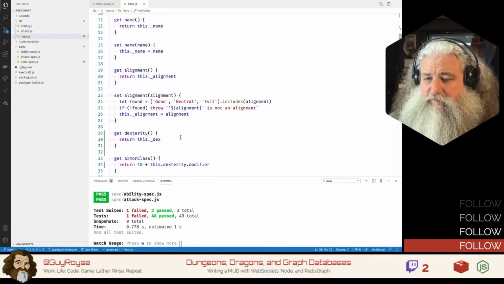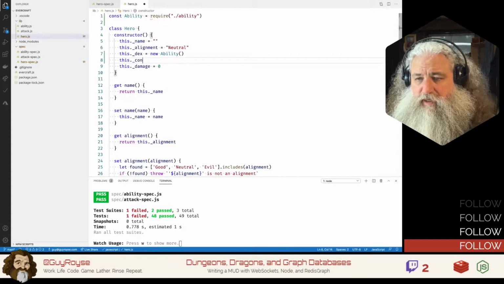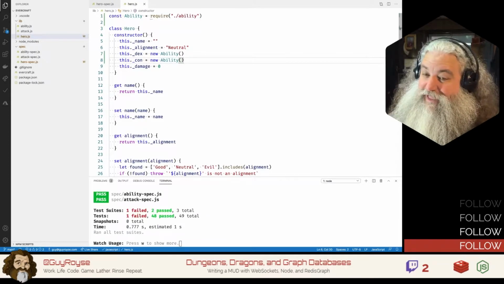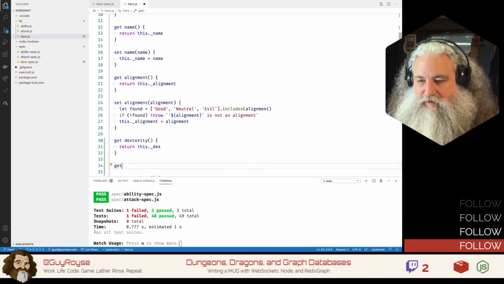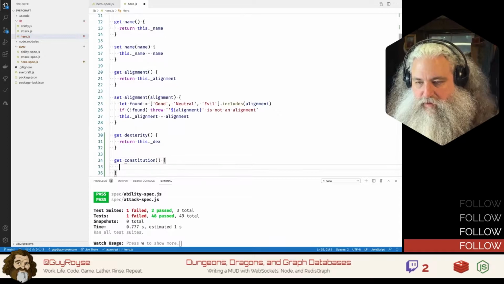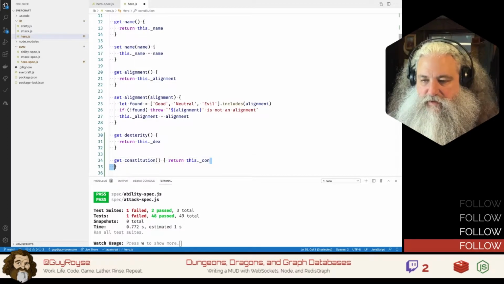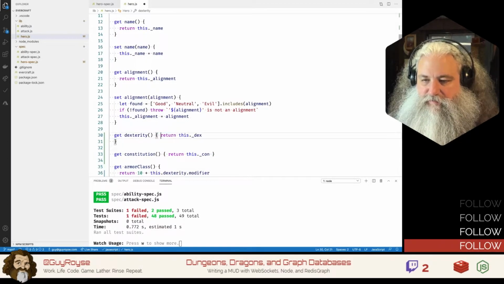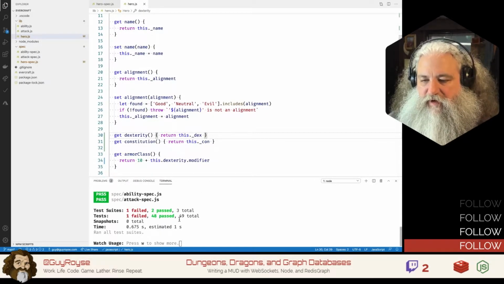We need a constitution. So we'll say this._con equals new Ability. There's going to be a lot of these, isn't there? Get constitution, return this._con. Quite honestly, we could do this because there's not a lot going on in these guys. There we go. Now we've got a constitution score,